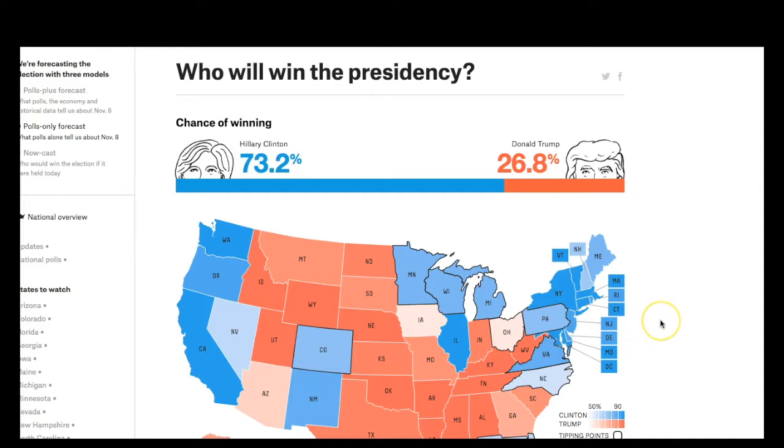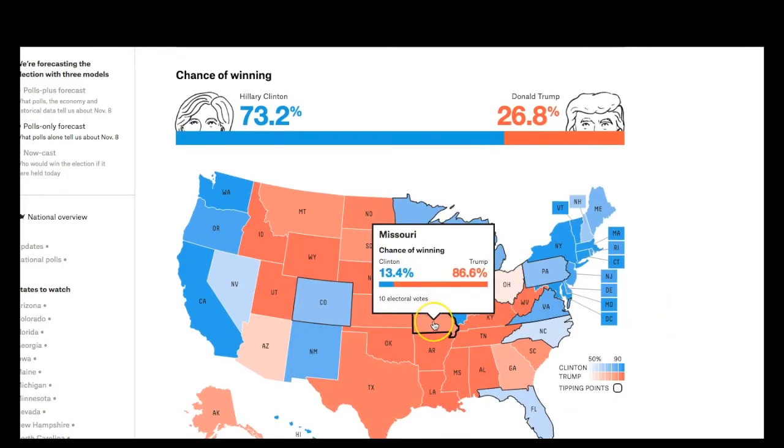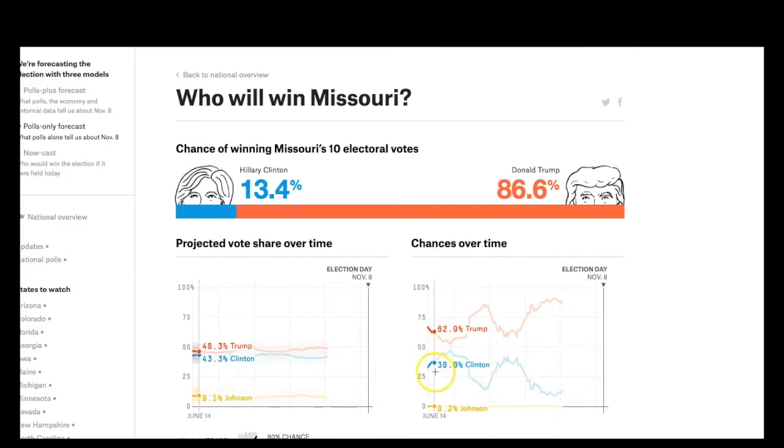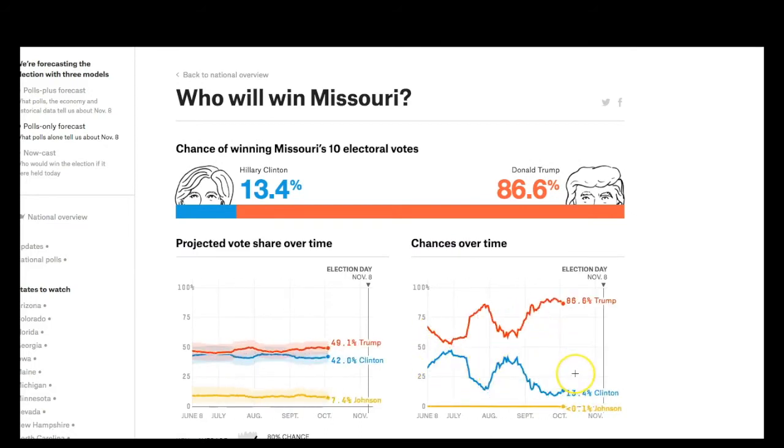But what I like to do is you can click on each individual state. So here in Missouri, for example, it's always interesting to show students. Right now, according to the predictions of Nate Silver, Trump has about an 86% chance of winning the state of Missouri. And if we go ahead and click on that, it shows you the chances over time, which I think